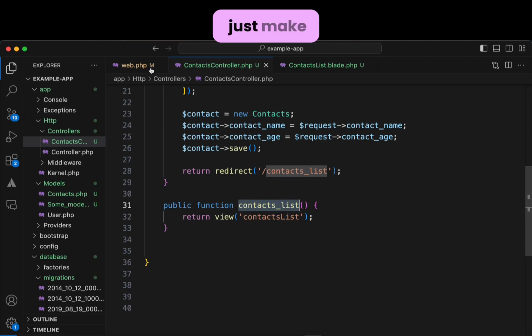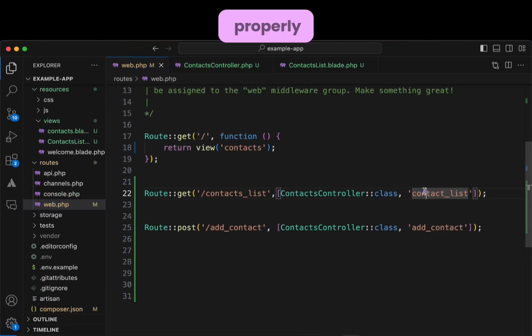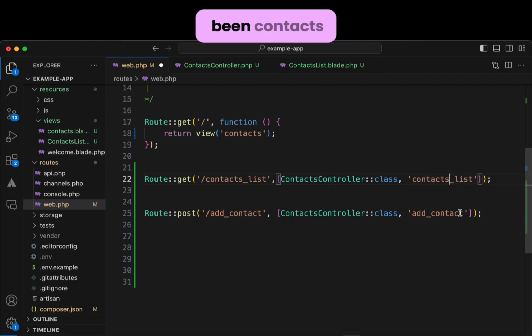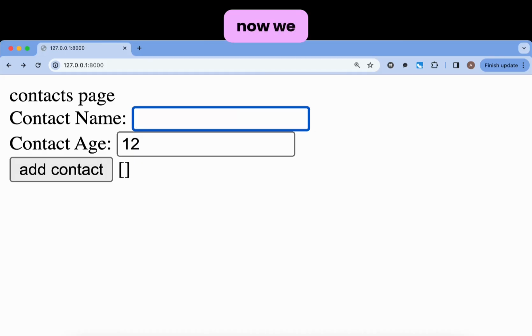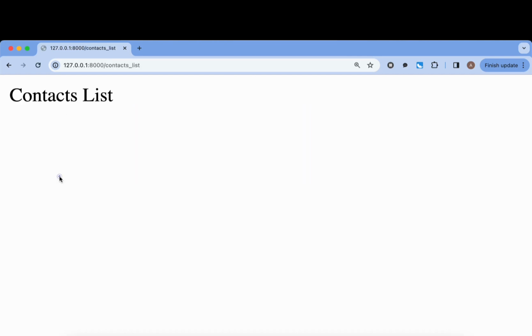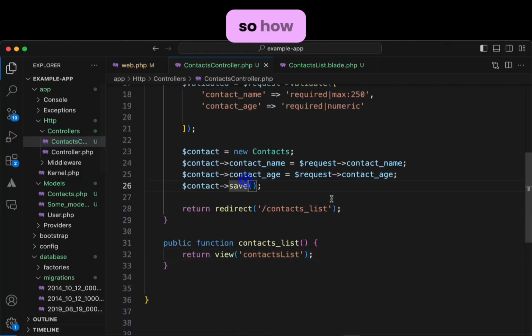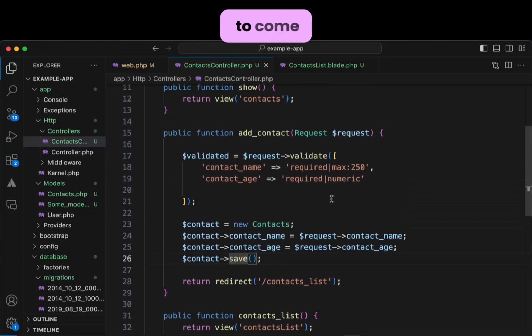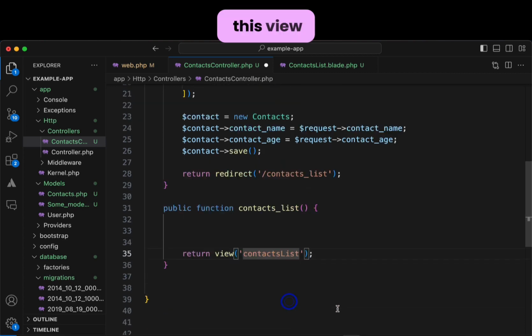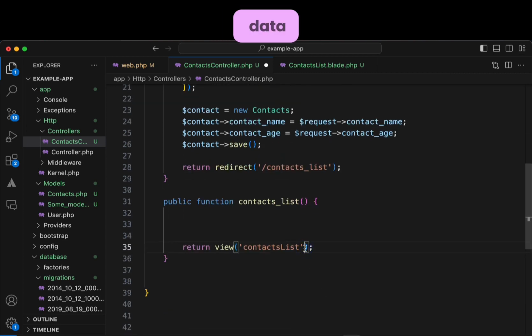Alright, let's just make sure that this is working properly. Okay, so here I had a spelling mistake where it should have been contacts list. Now we should test it with controller test2. Okay, it's working. Now we need to go to the step where we add the actual data. So how do we do that? We're going to come into this function, and before we return this view, we need to pass in some data